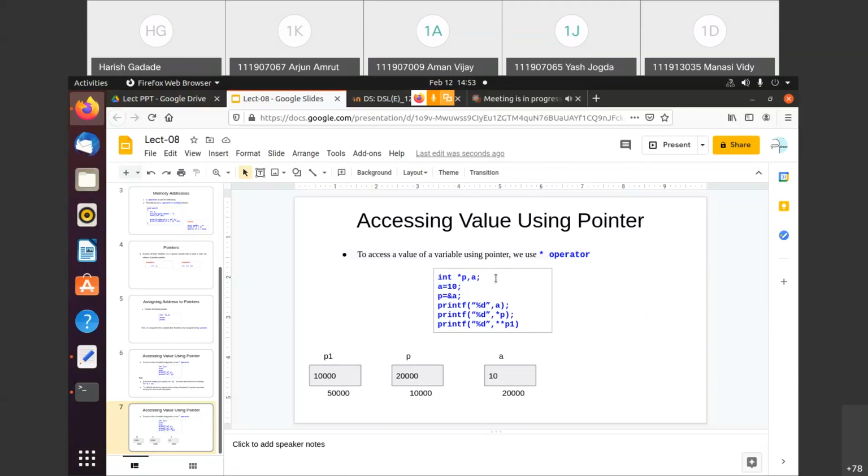So this is about the pointer. Only here you will understand pointer is for storing the address, nothing else. Because using this A also we can print the 10 value. Using this P also we are printing 10 value, and we are printing the 10 value using P1 also. It means only we have added that level.